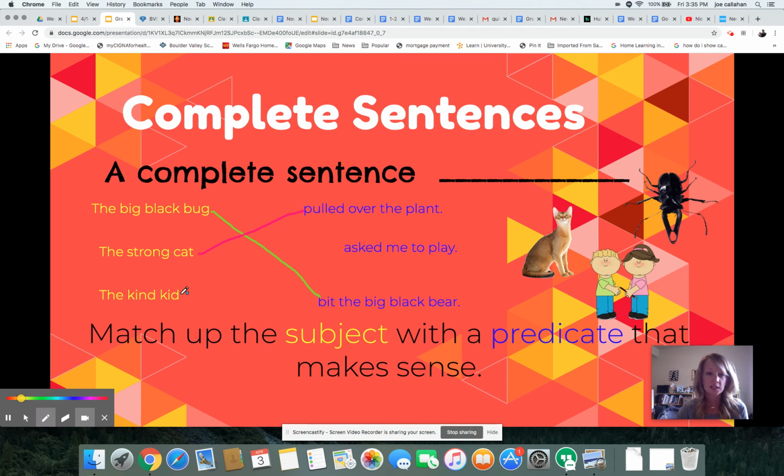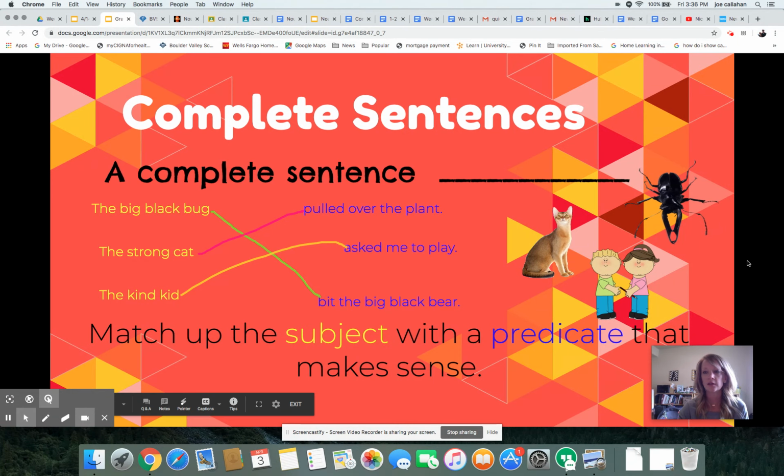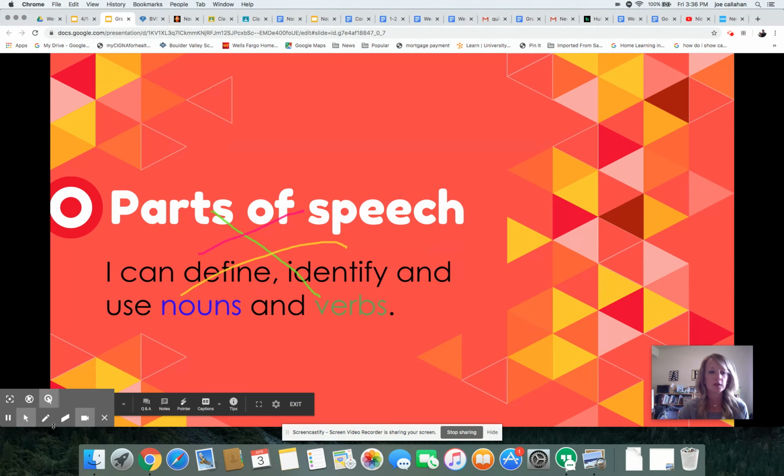The kind kid. What would a kind kid do? What's the predicate, or the thing a kind kid would do? Ask you to play. That's right. So remember, a complete sentence has two parts. It has a subject and what that subject does, the predicate. Nicely done. Okay, now that you know what a complete sentence is, we are going to dig a little deeper